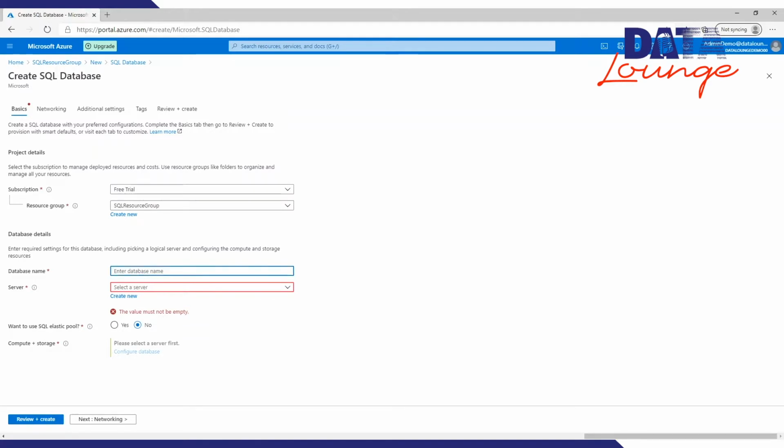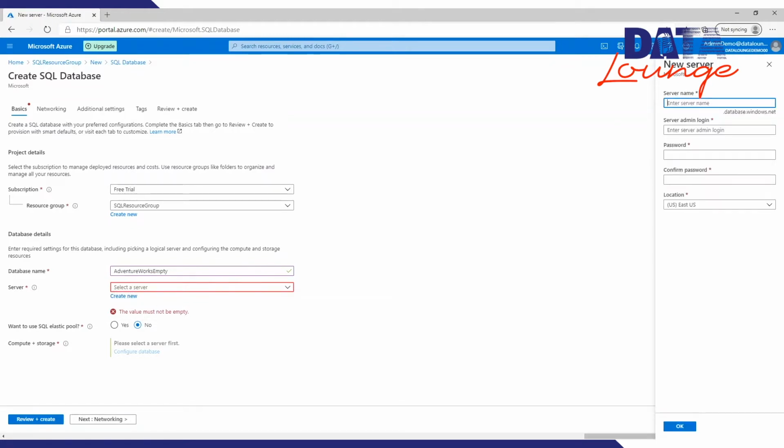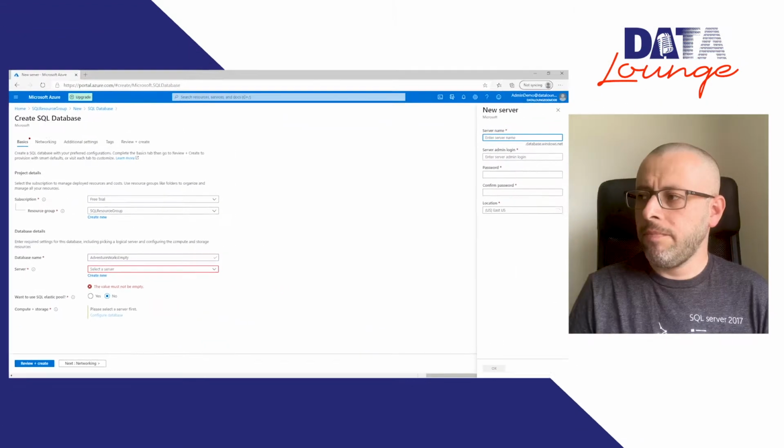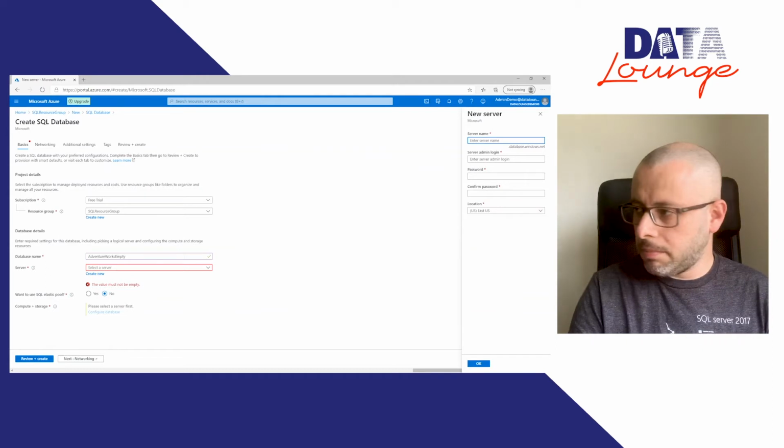And in database name, right, we're going to create our database. So we're gonna say Adventure Works empty. This is gonna be our empty database, okay? And it's asking us about server. You say, oh, a server, let's create a new one. So let's come here. And we'll see to the right that it is giving us the option to specify the server name, okay? So the server name, in our case, we're gonna put simply